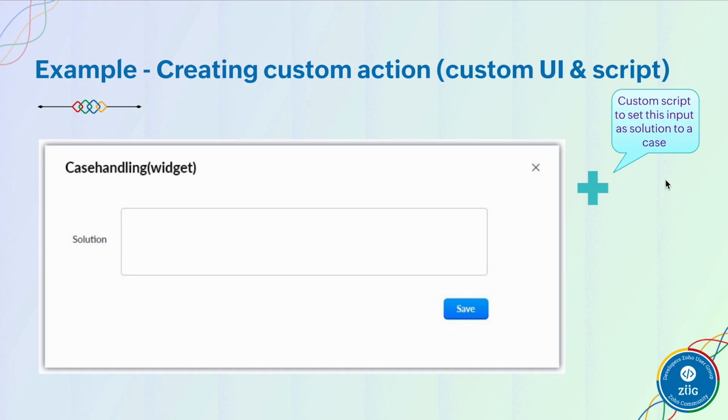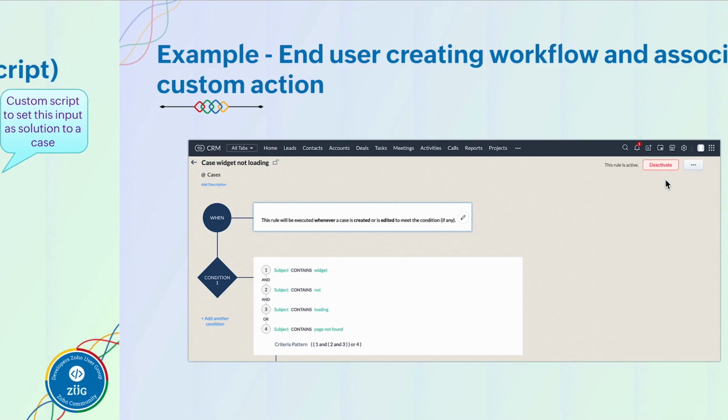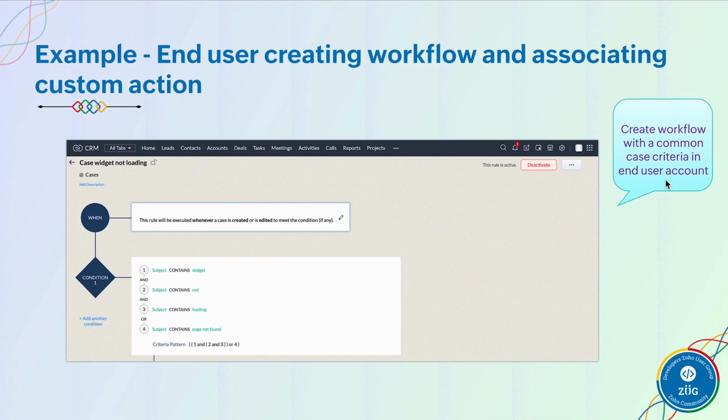So once this combination of UI and script is created as a custom action, that feature can be provided through the extension to the end user. The end user can go ahead and create workflows in their CRM account. So let's say they create a workflow rule for the case widget not loading.